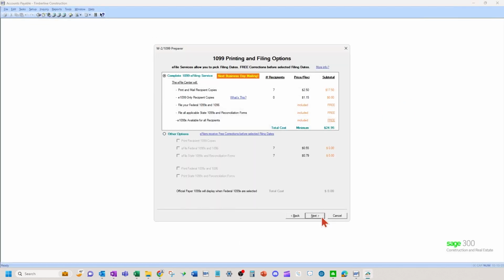Just going to run through the wizard here and give you a little bit of a flavor of what this looks like. You can do the complete service where it sends out the forms for you to the government and to the recipients, or you can do other options such as printing, e-filing, and various different options there.